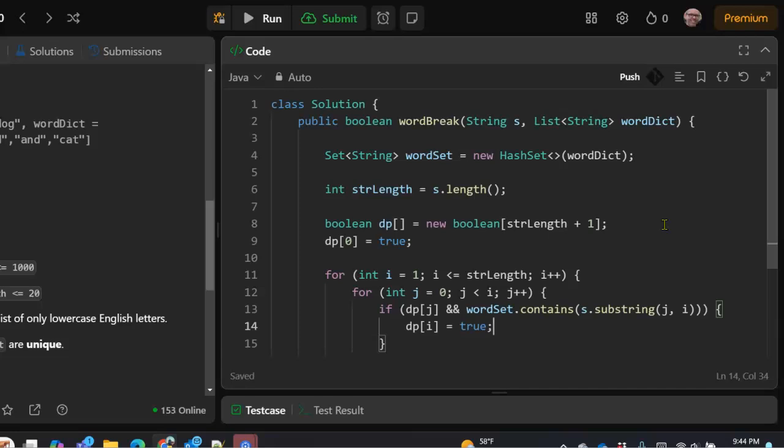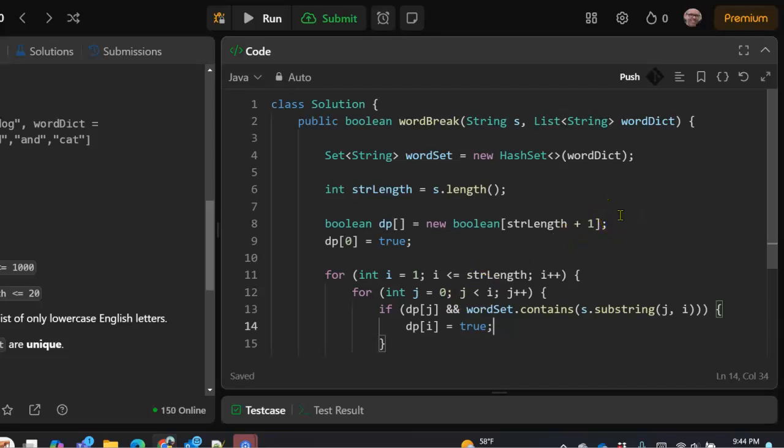Now, if the word set, the word dictionary, contains the substring from j to i, where i is always greater than j, the way we've set it up here. i is going to look at all the substrings from 1 to the end of the string. j is always going to start at 0, and it's always going to be less than i.